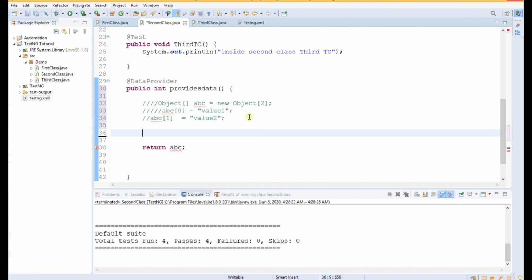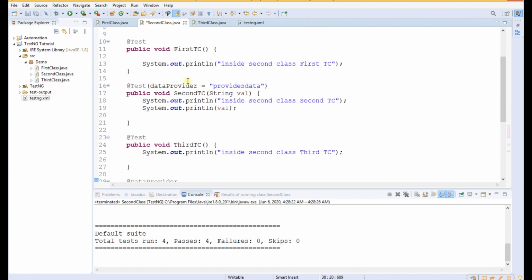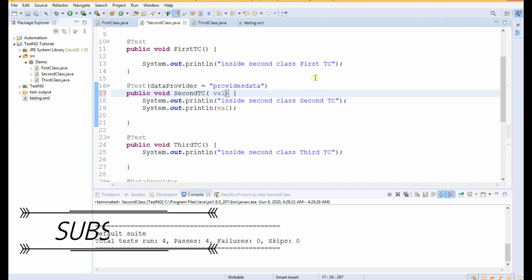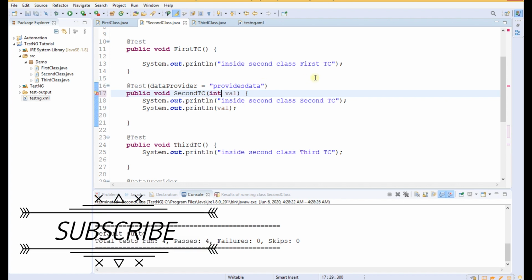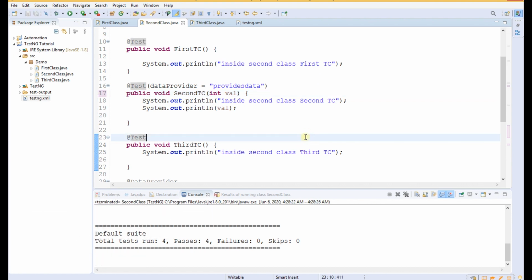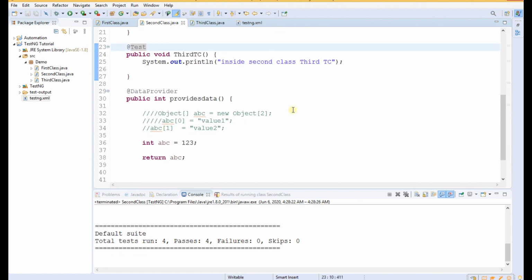And here let us write int abc equals 1, 2, 3, and return abc. And in the second test case similarly we change the parameter type to int. Now let us execute it and it will throw an error.